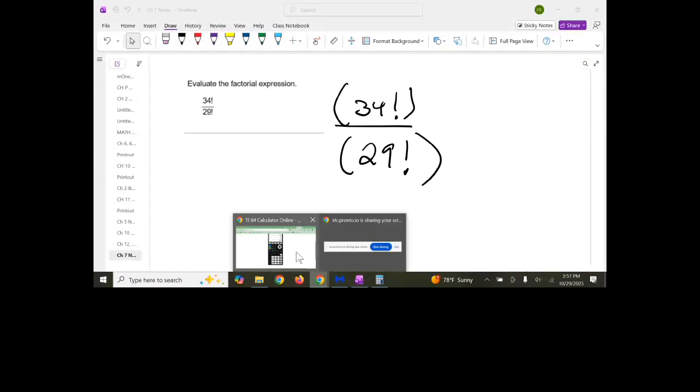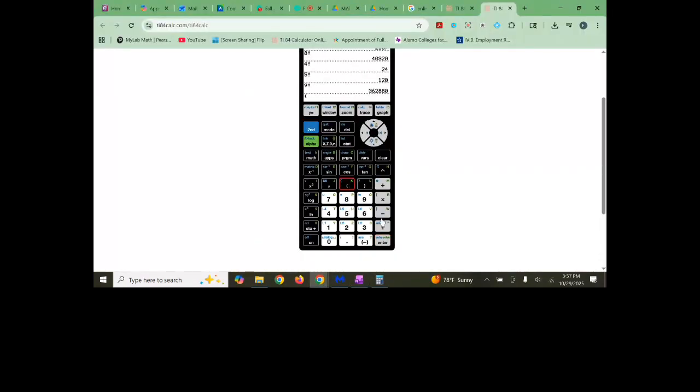So I'm going to come back over here and I'm going to go parentheses. I'm going to take 34. I'm going to go math. I'm going to go probability. I'm going to go to my number 4, 34 factorial, right? Close it off. Divided by parentheses again. I'm going to go 29 math, right? Probability. Boom. Number 4 factorial. Close that off. And I'm going to hit enter. And here's my answer. So y'all, I'm coming up with 333,907,20